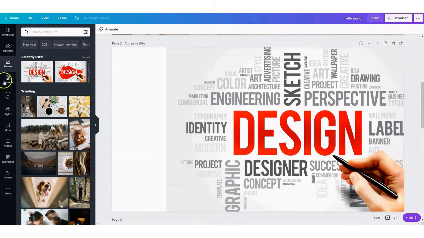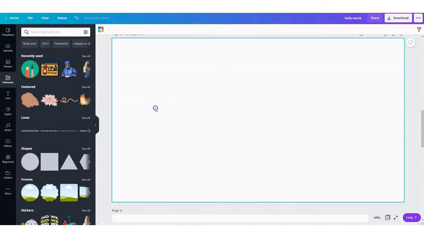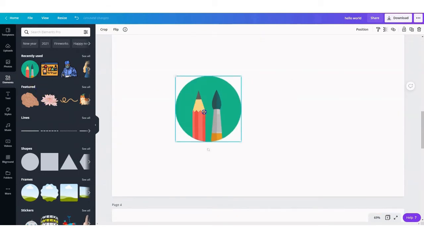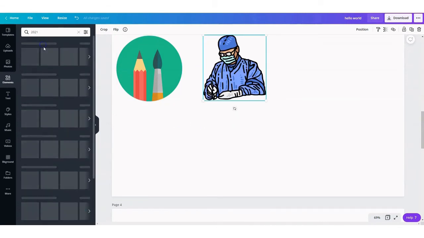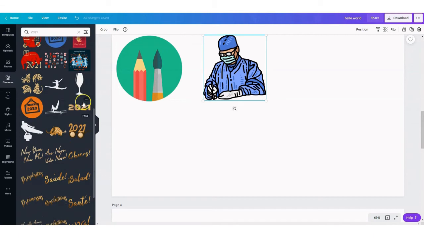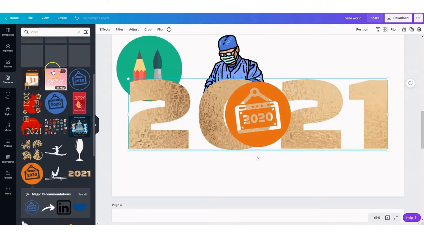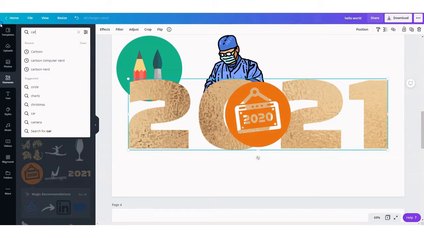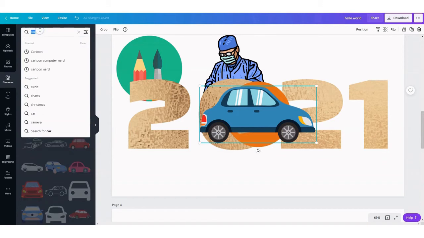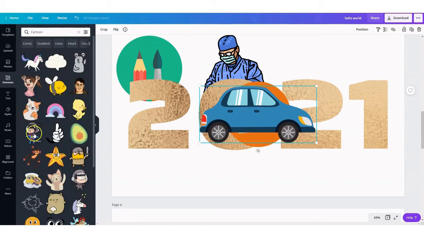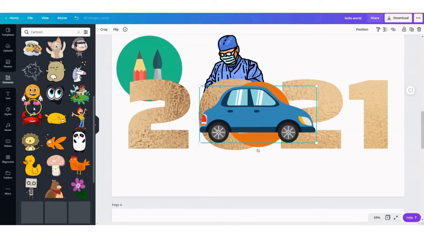Now, go to the element option and let us add elements for the thumbnail we have created. As you can see, there are a lot of different elements ready and available to be used by adding them to the Canva. Some of them are free, while others have the Pro icon, which means you need the paid version to use them. This is a powerful design feature, which provides you with a big library of already existing, ready-to-use elements.